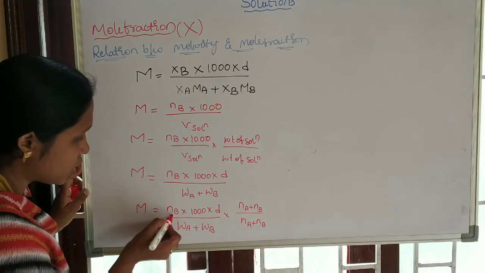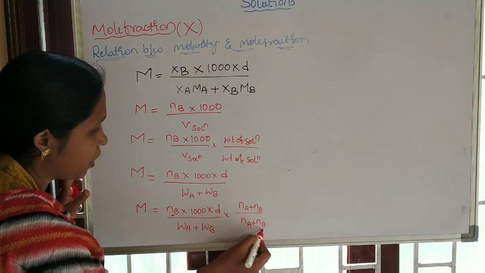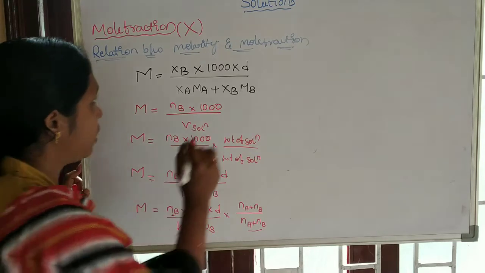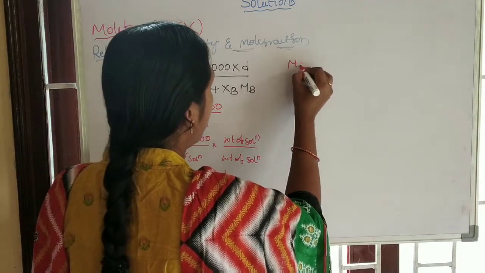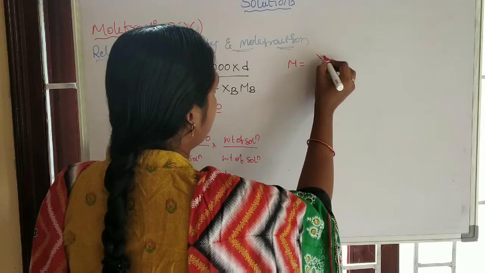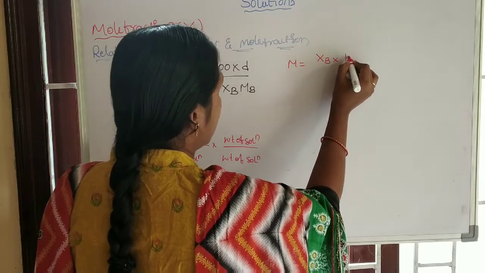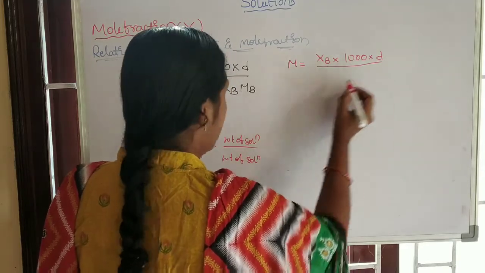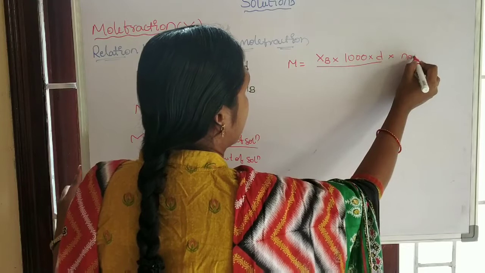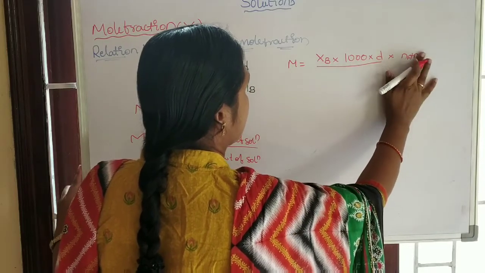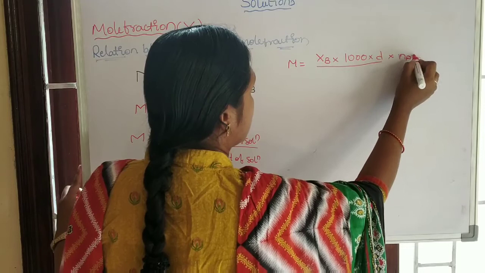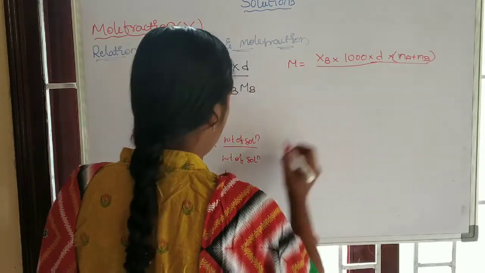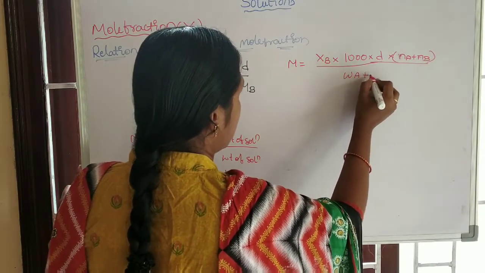Here, number of moles of solute by total number of moles is nothing but the mole fraction of the solute. So write down here, molarity is equal to mole fraction of solute into 1000 into density by (WA plus WB) into NA plus NB,